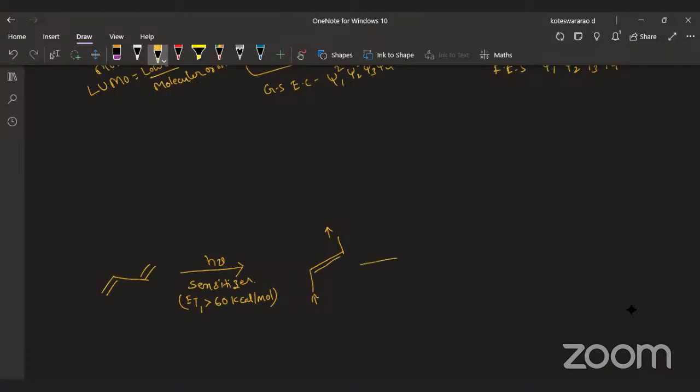This 1,4 biradical directly reacts with a ground state S-trans isomer, in the S naught state. Then a two-way attack occurs on the ground state S-trans isomer that leads to the formation of two transition states or two intermediates. This is also a triplet excited state. This is one of the products. And the next one,